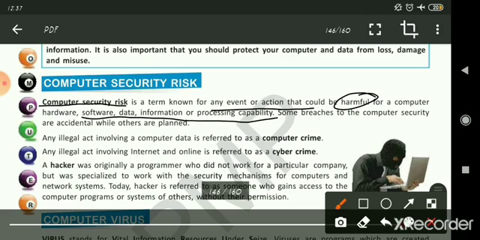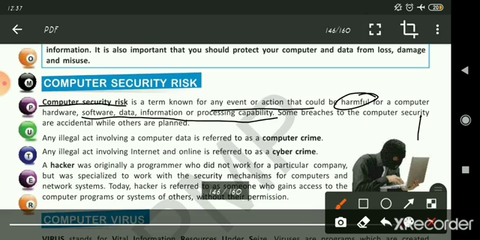Means this term says that any action or any event which is harmful for computer, hardware, software, both, data, information and processing capability, the processing speed of the computer.